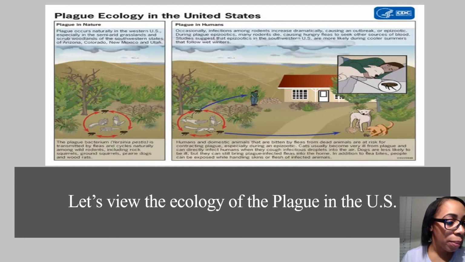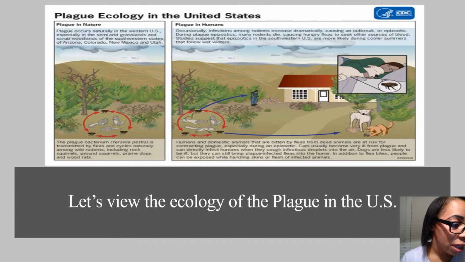Scientists think that the plague bacteria circulate at low rates within populations of certain rodents without causing excessive rodent die-off. These infected animals and their fleas serve as long-term reservoirs for the bacteria. This is called the enzootic cycle. Occasionally, other species become infected, causing an outbreak among animals called epizootic. Humans are usually more at risk during or shortly after a plague epizootic starts.